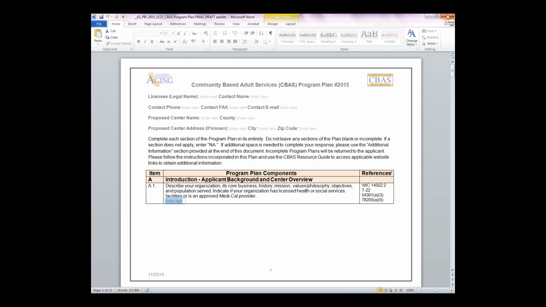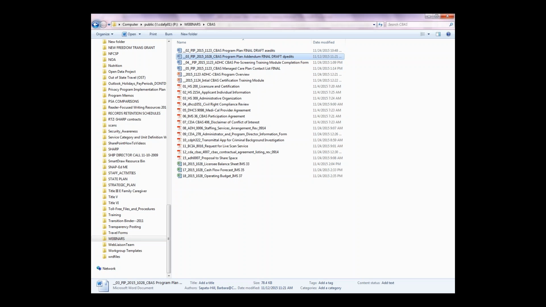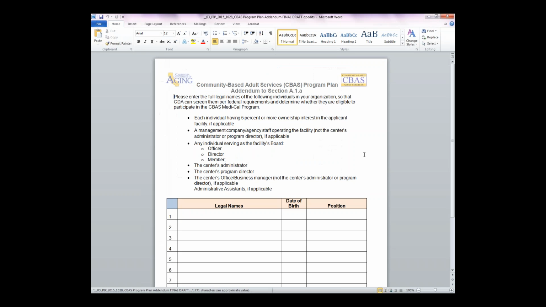So this is the program plan document. Next up, we have a program plan addendum. This is a form that is going to come along with the program plan that provides information about various individuals in your organization so that we can do some pre-screening up front. The Department of Aging is required by the federal government through the Medicaid integrity statutes that we do certain kinds